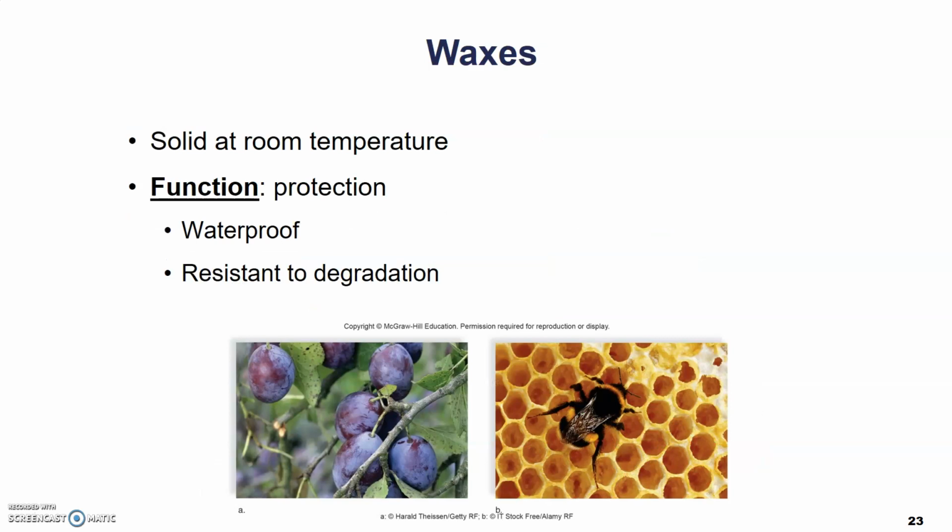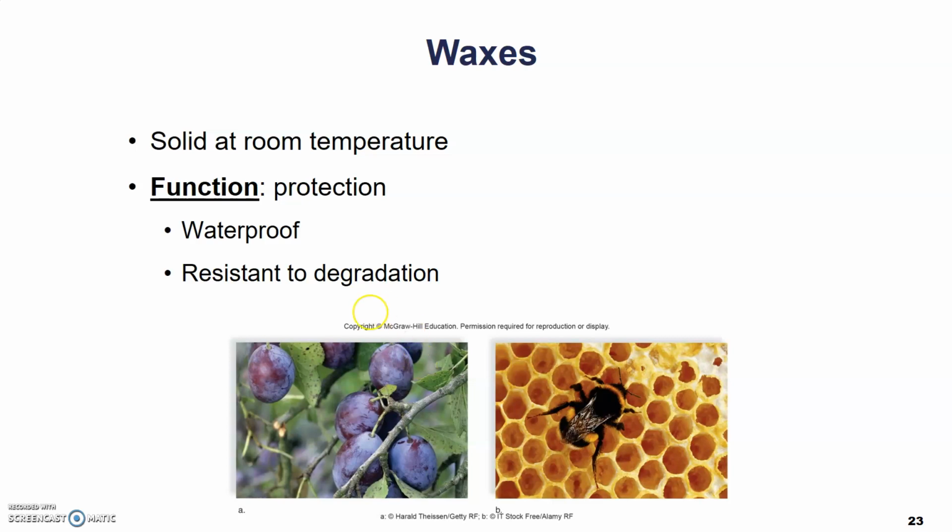And finally, the last group of lipids that we're going to talk about are the ones that provide protection, and these are known as waxes. Waxes are always solid at room temperature, and they provide protection by being waterproof, as well as being relatively resistant to degradation or destruction. And so you can see waxes on the outsides of fruit skin, as well as in this honeycomb structure here on the right. And as you know, on the outside of a fruit, water will bead up so that water can't actually leach into the fruit, and also so that it's not lost from the fruit to the outside environment, which protects the seeds or the embryos of the plant